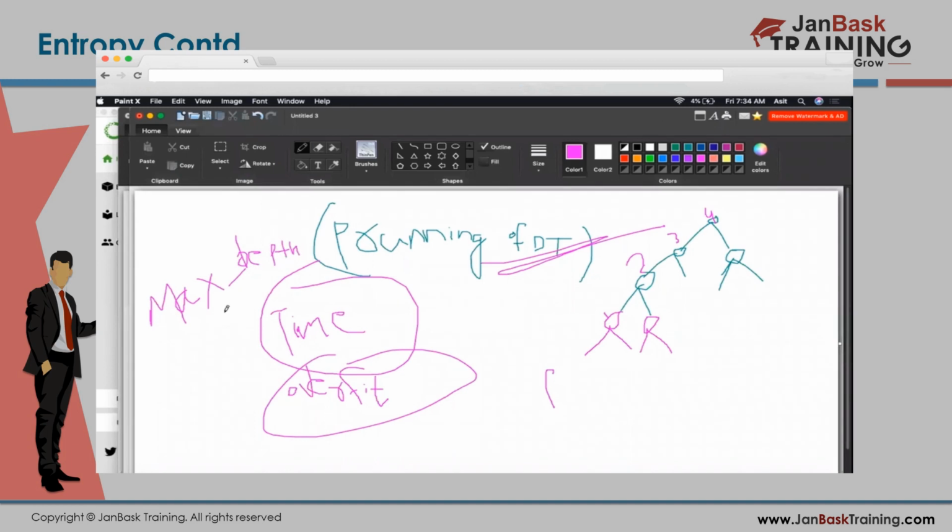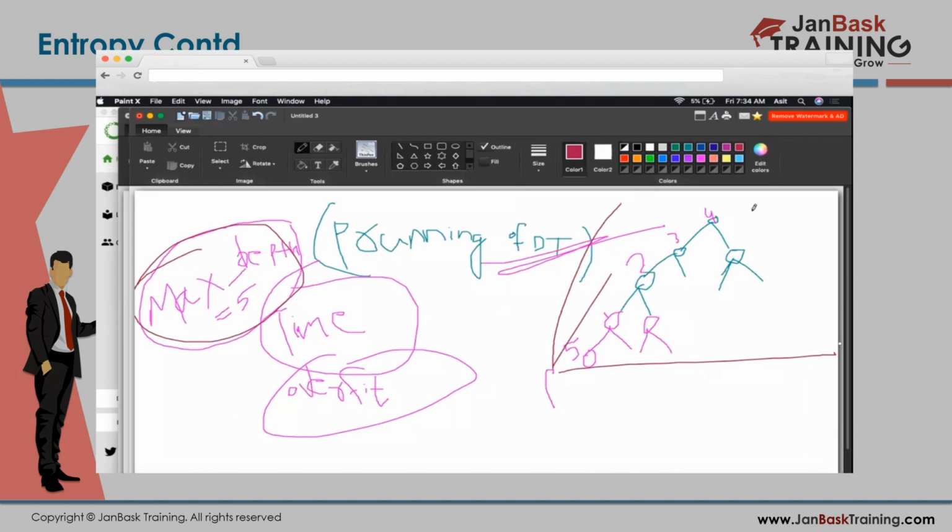When you specify max depth equal to 5, then your algorithm will stop at the fifth node, 1, 2, 3, 4, 5. Because you have specified the max depth equal to 5, it will stop there. It has a cost because you will not get that much accuracy, 100% or 80-90% accuracy, but it doesn't matter.